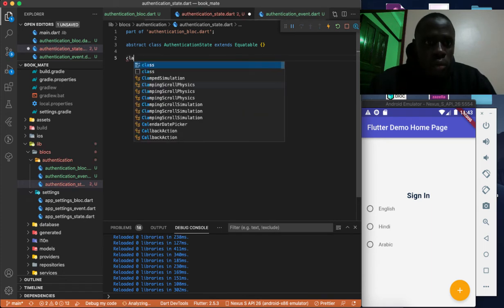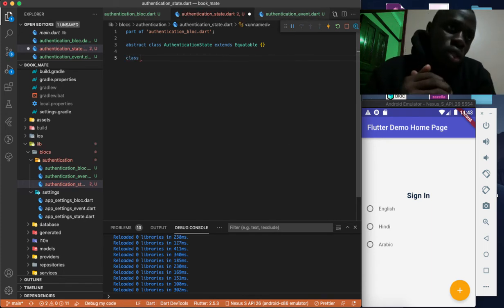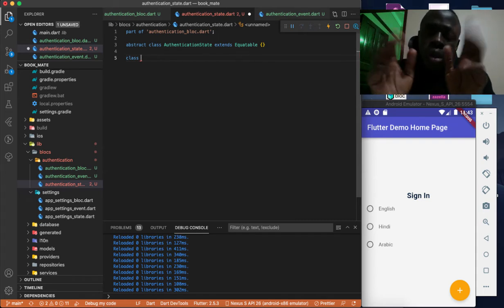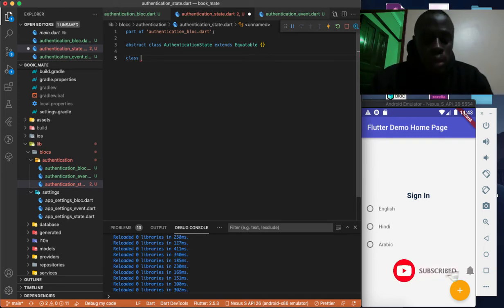And now we are going to have our first state, which is going to be authenticated. Another one is going to be unauthenticated. And the other will be verifying auth. Okay, so the first one is going to be class unauthenticated